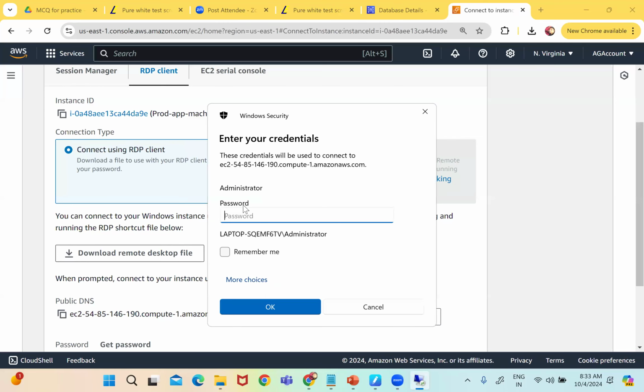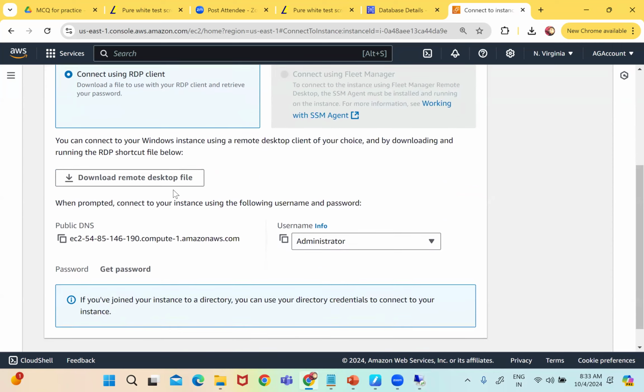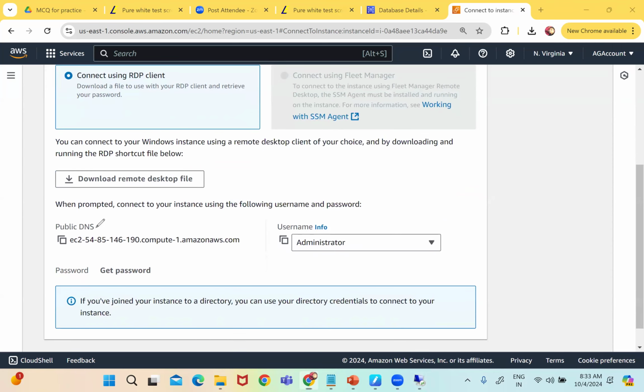And here it will ask you for the password. But which password? Till now, we have not generated any password. So when you scroll down, you will have an option of getting a password, wherein when you upload the key pair,